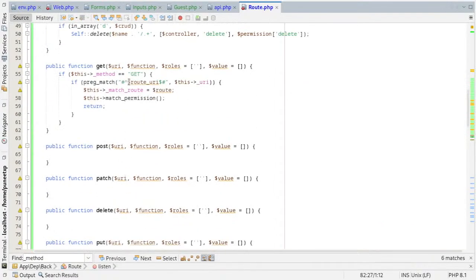So we can actually use URI directly. So I think it should be like that. We're gonna use URI that and this route and